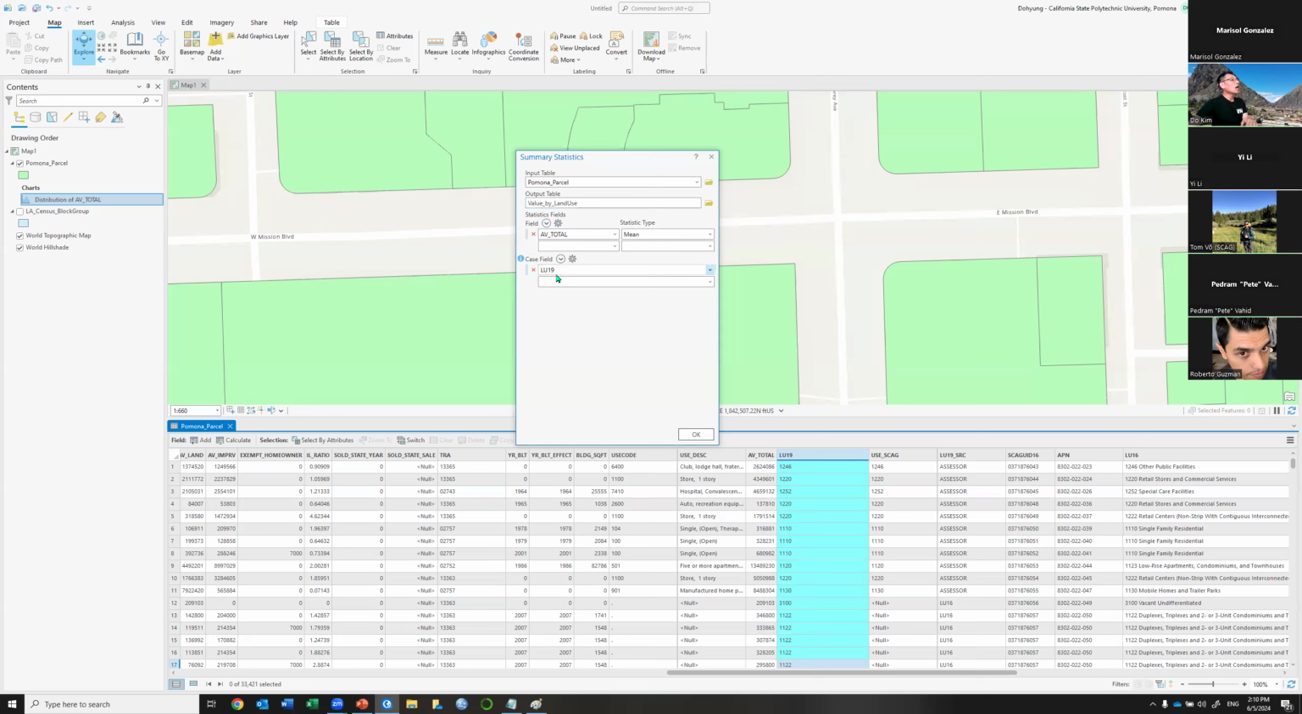In other words, I want to aggregate all those records that share the same land use code, and then calculate the mean of the property value total of those records. That's what it says. So you want to select the field to apply your calculation to, and you want to select the so-called case field, in other words, the field where records share a common value. In this case, land use code. So if I click OK,